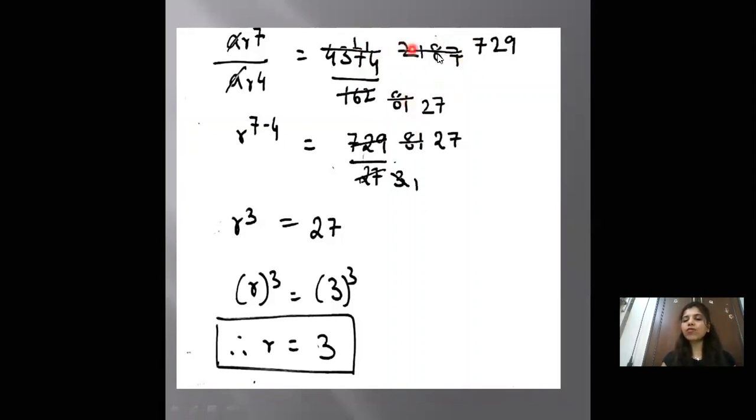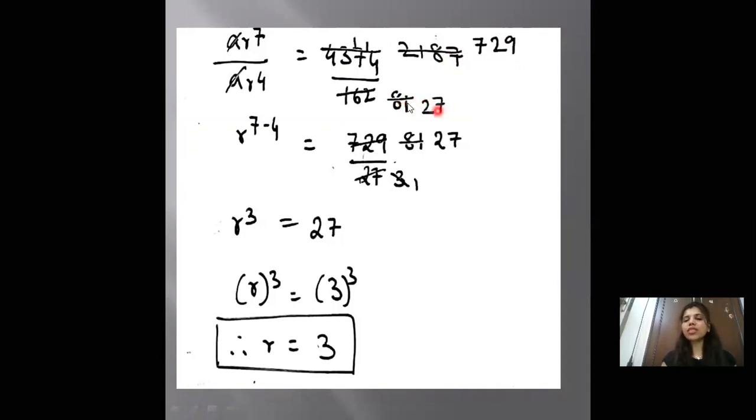So you can check for the divisibility test of 3. So 2 plus 1 is 3, 3 plus 8 is 11, 11 plus 7 is 18. So 18 comes in the table of 3. So you can divide 2187 with 3. 3 7s are 21. 3 2s are 6. 2 carry over, 3 9s are 27. Now 81. 8 plus 1 is 9. So you can divide it with 3.